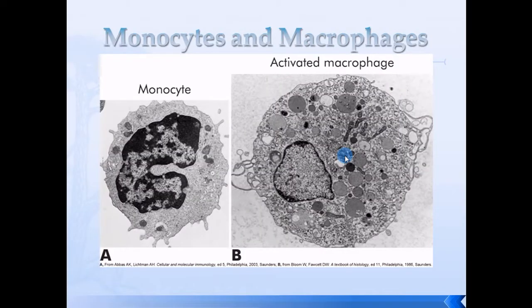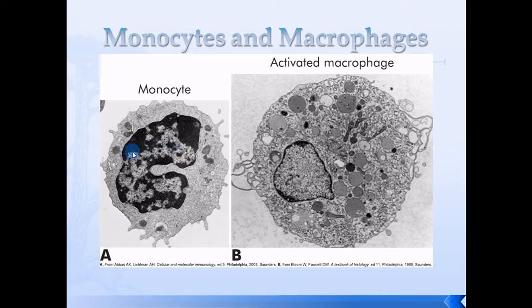All right. Next ones are the monocytes and macrophages. And I put on here monocytes and macrophages, but technically a monocyte is what's circulating through your blood. It's always circulating around and around and around. But when it's activated by one of those cytokines, then it's turned into a macrophage. It's like Clark Kent over here, the